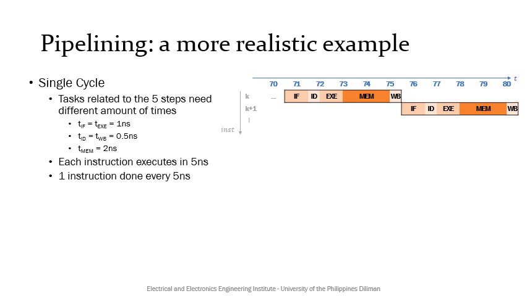Note, however, that the total is still 5 nanoseconds, and single cycle operation allows each stage to start right after the previous one continuously. Then each instruction still takes 5 nanoseconds to finish, and thus one instruction is done every 5 nanoseconds. Now, if we convert this to a pipeline data path, what must be the clock period that can accommodate all the stages?